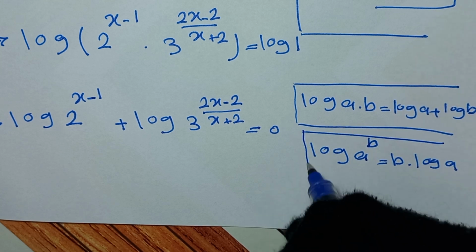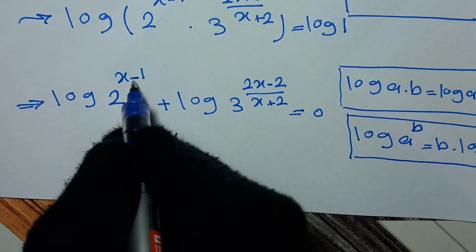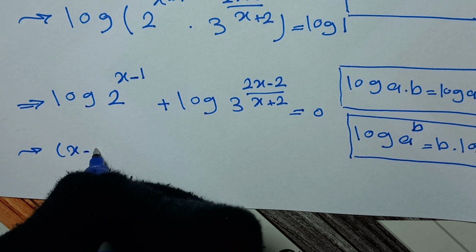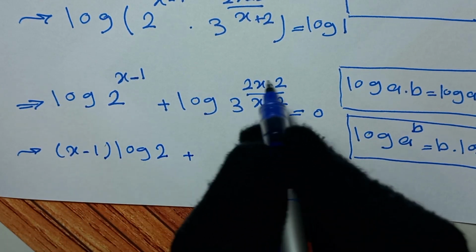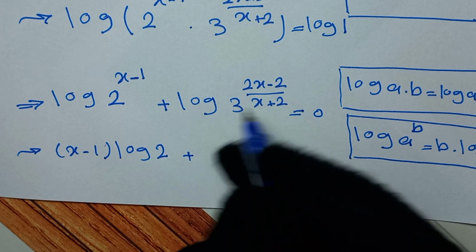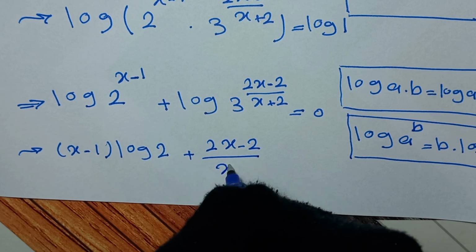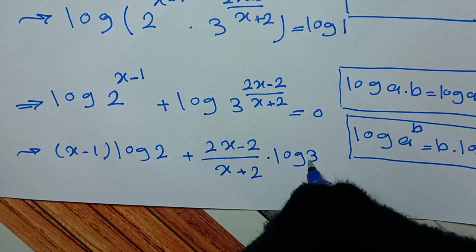So here we can take this x minus 1 outside of this log, and it will be x minus 1 times log of 2 plus, and here we can take this power 2x minus 2 over x plus 2 outside of this log. It will be 2x minus 2 over x plus 2 times log of 3